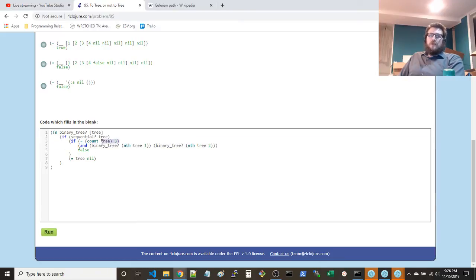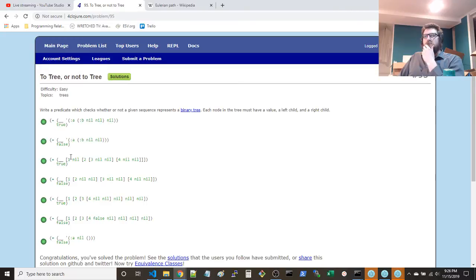Otherwise, if the thing doesn't have 3 values, maybe it has 2, it's malformed in some way, so just return false. That seemed simple enough and seemed to do the trick as well. And there you go.